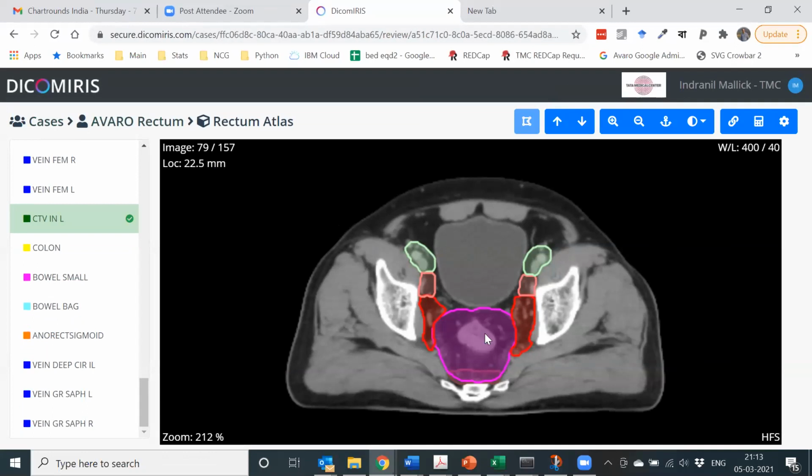So as you can see over here, the area in pink is the mesorectum. So this is compulsory for all patients. Alongside the mesorectum, which needs to come down right up to the sacral hollow, are the lateral lymph nodes, which